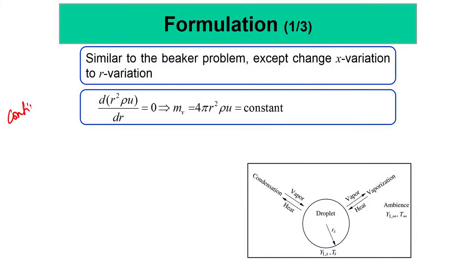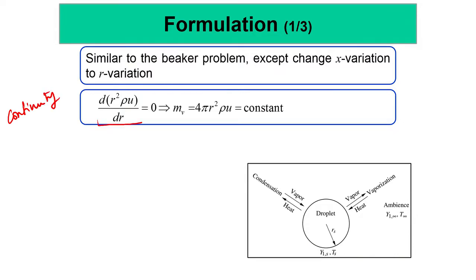We will choose spherical coordinates, but it is one dimensional, because essentially we will consider the droplet to be axisymmetric, or symmetric in the azimuthal and the zenith plane, that is in the r theta coordinates, and we will only have r variation. So, this becomes a one dimensional problem. Okay. So, if it is a one dimensional problem, by applying continuity,